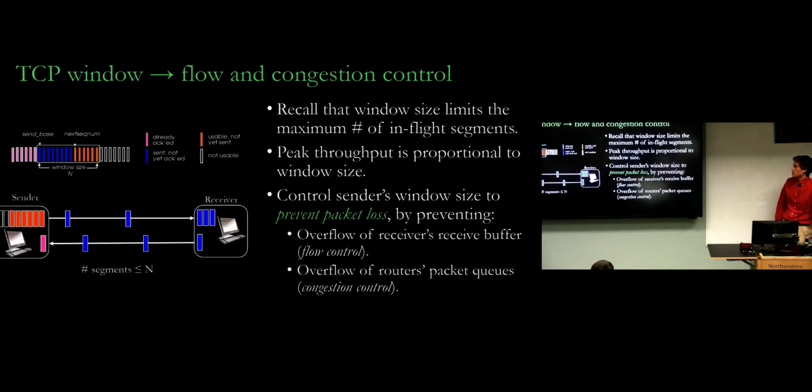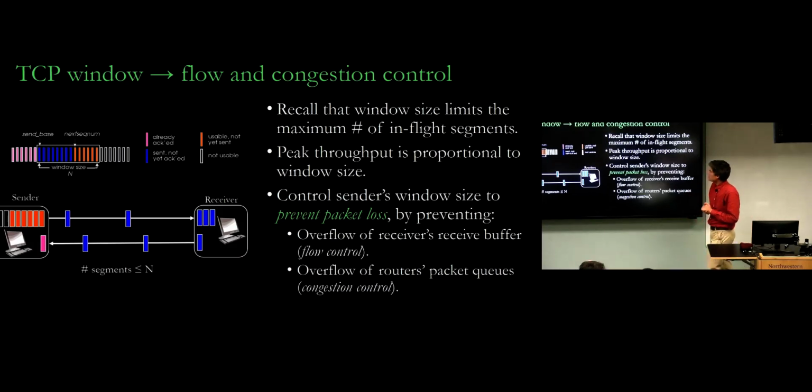Okay, so the TCP window. Let's revisit this in more detail. We already said before that the window decides how many segments or packets can be in flight for this connection. Previously we said that the reason for this was not to overload the network, not to overload the receiver's buffer with too much data, and so that both the sender and the receiver don't have to remember an infinite amount of data. Just to limit that.